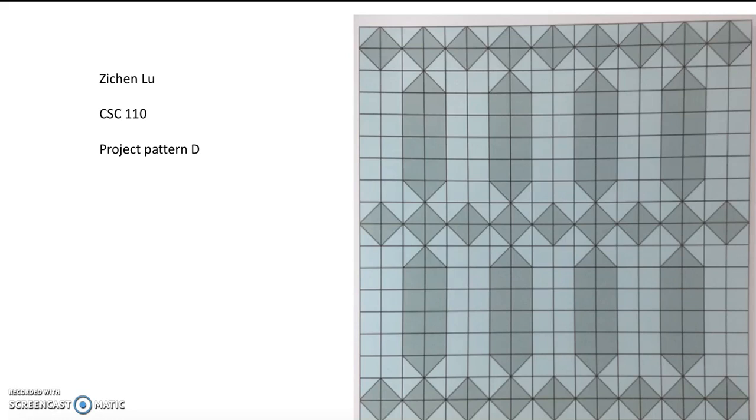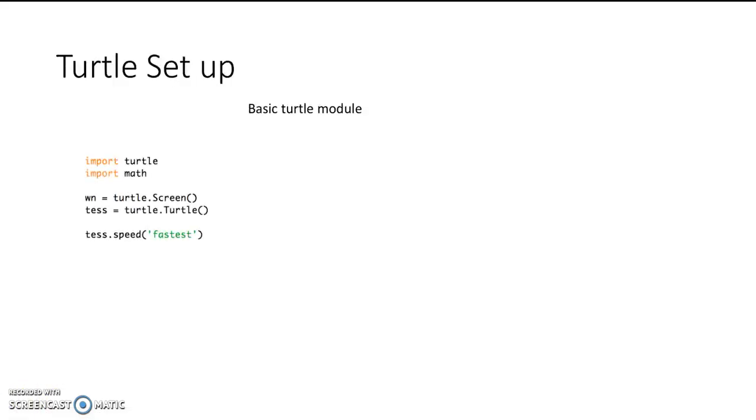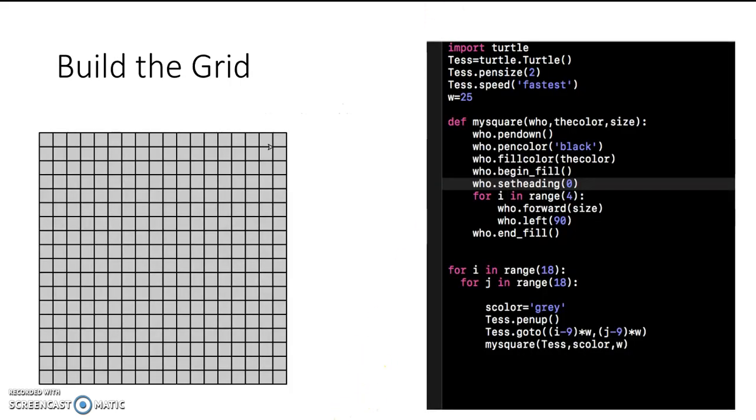And now I want to introduce my method. The first is just the setup for the turtle. This is the basic turtle module. And now I first want to get an 18 times 18 image made of squares. Just like here,